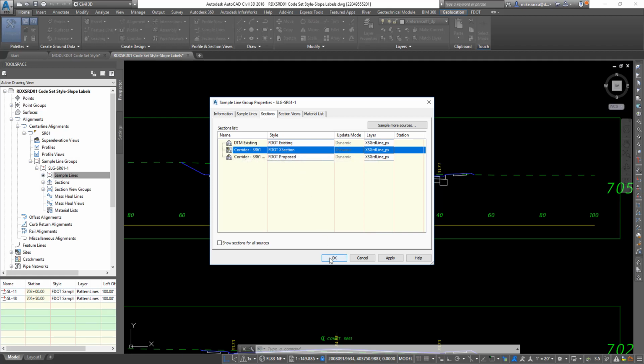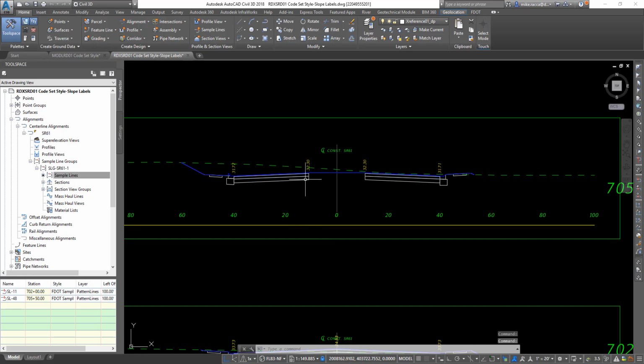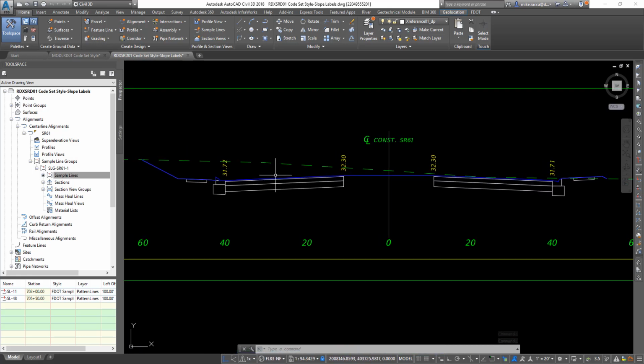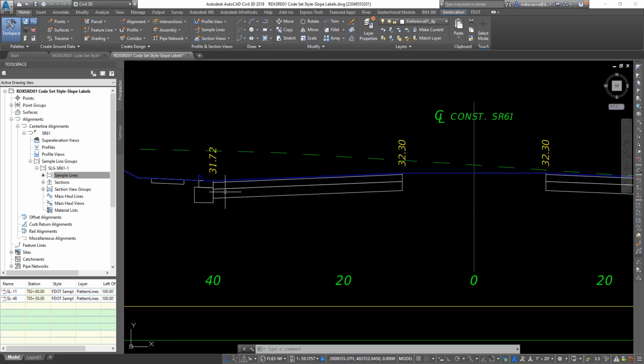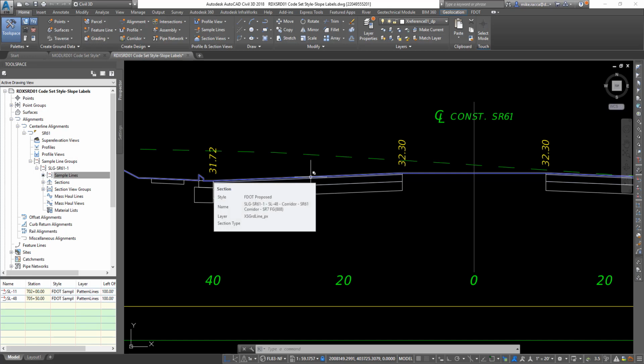So right now we have FDOT cross section, that's our standard one that's applied, and you can see that it just kind of shows the outline of all of our subassemblies. So here it shows the sidewalk, curb and gutter, and our lane. What I want to do is put a slope label here on top for our Pave1